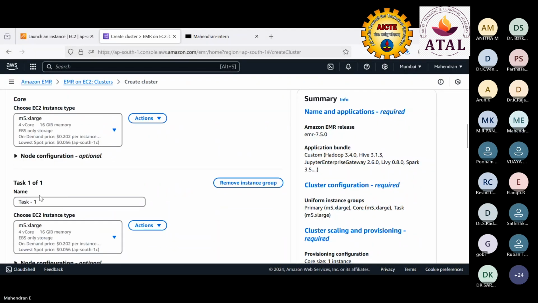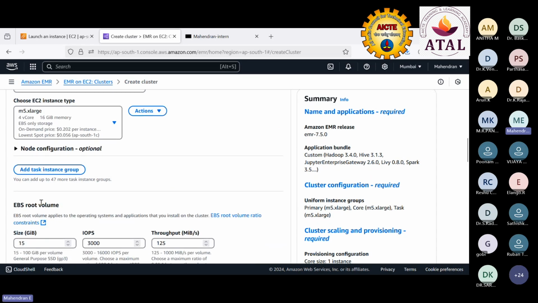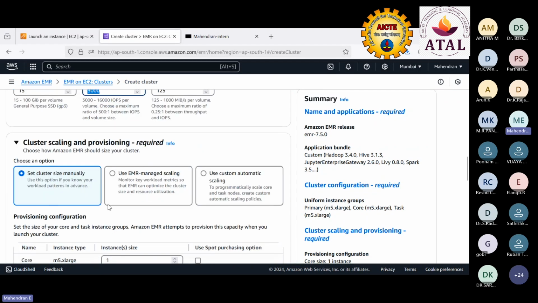And task 1, what is the size? And these are the hard disks. Here you can see something called throughput. This is with respect to network, and you can see IOPS, input output operations per second. And the scaling,